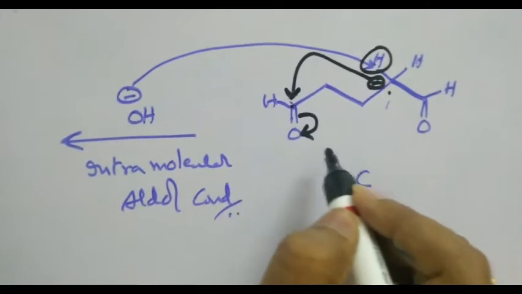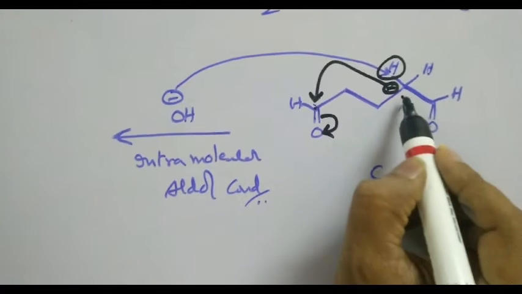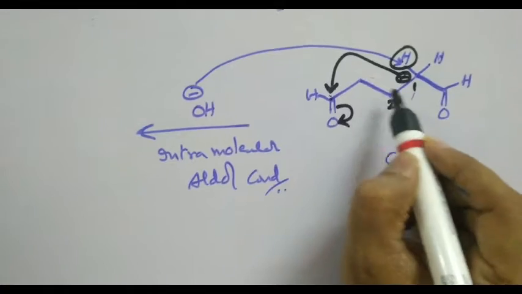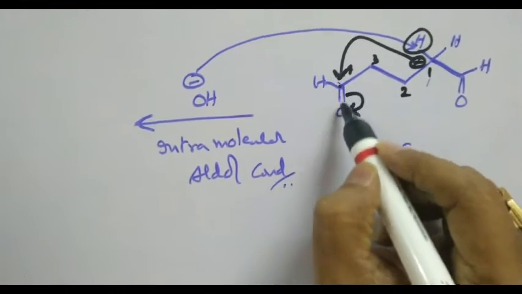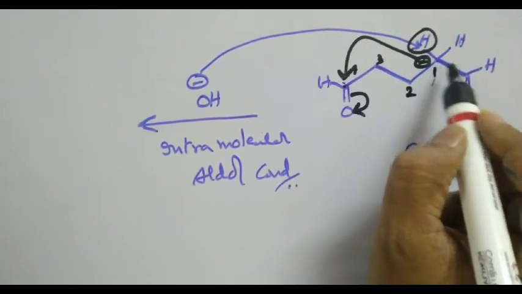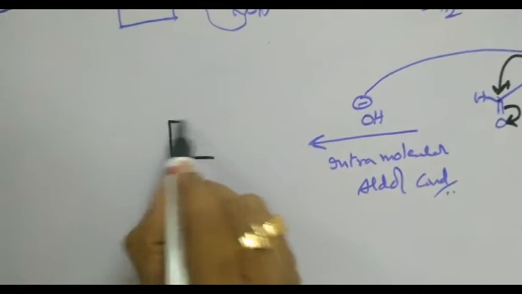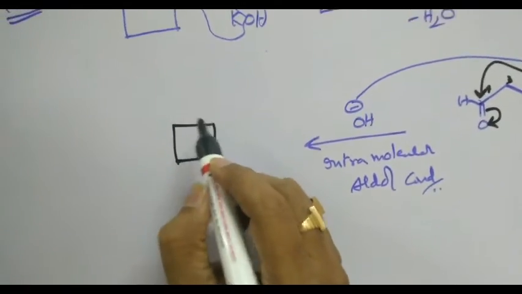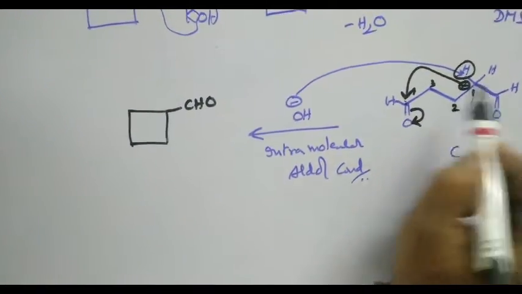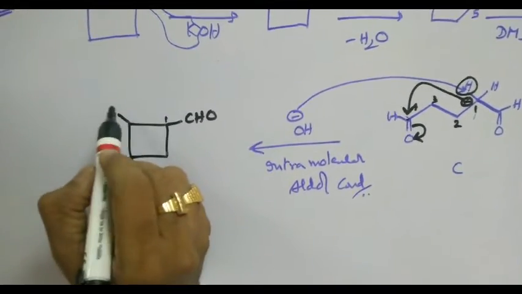As a result, the pi bond will be shifted, and the hydrogen will be coming to this place. So what is the final product formed? I am going to get a cyclic ring consisting of 4 carbons, 1, 2, 3, 4 carbon, and then on the 4th carbon I have an OH, and on that particular first carbon I have a CHO like this. So on the first carbon I have CHO, and the first carbon is connected to the 4th carbon, this is the one. On the 4th carbon I have an OH.